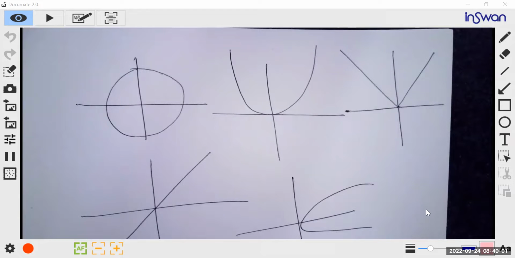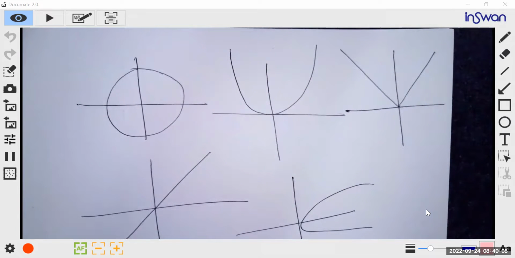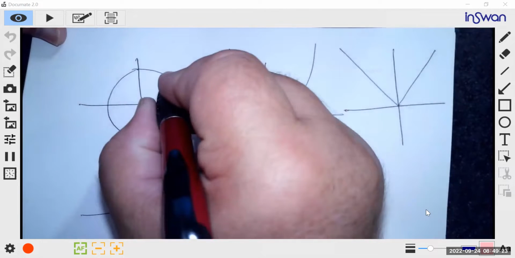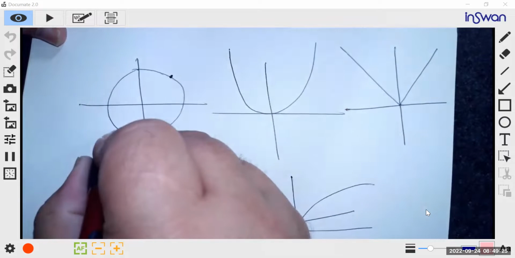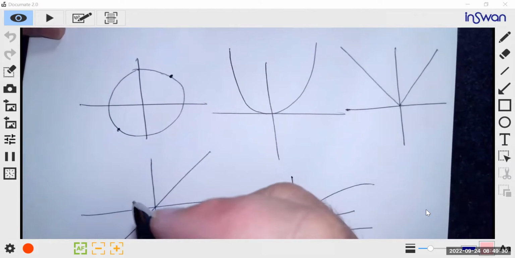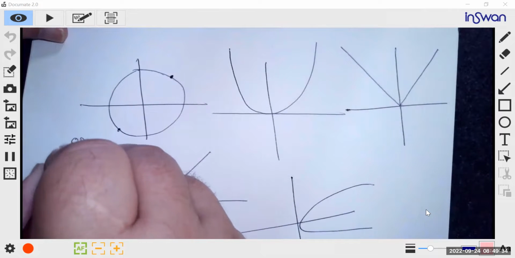The first one, let me ask you, is it a function? No, because it fails the vertical line test. Is it odd? What does odd mean? Odd means it flips across the origin. There's this point and that point. It's supposed to be a circle. This is an odd function